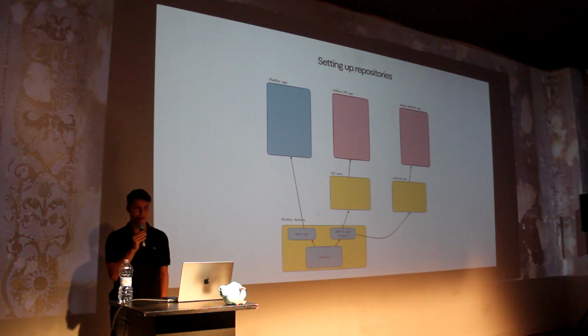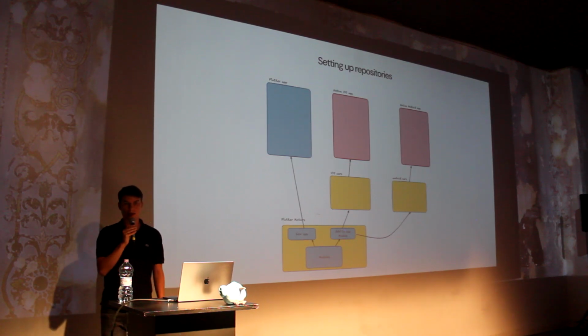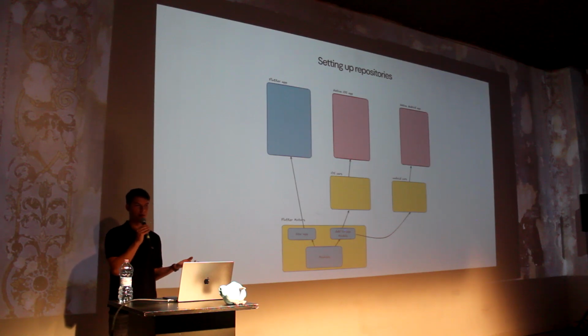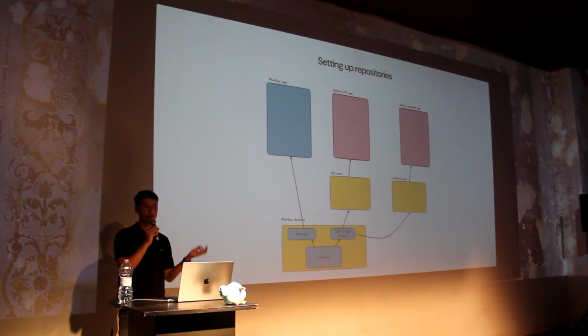And a little bit about setting up repositories. When you are adding a Flutter module into native apps, it generates iOS and Android directories that cannot be changed, because every time you run, let's say, flutter pub get, it will regenerate. So when you want to add Google Maps to your project, on native you are going to add it via CocoaPods,